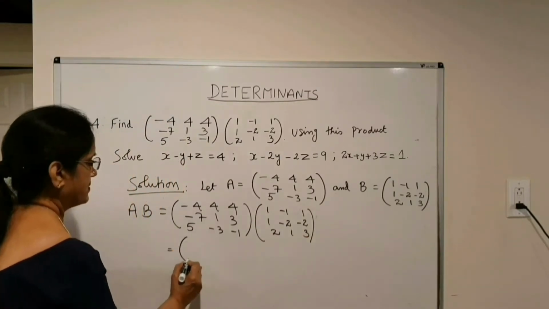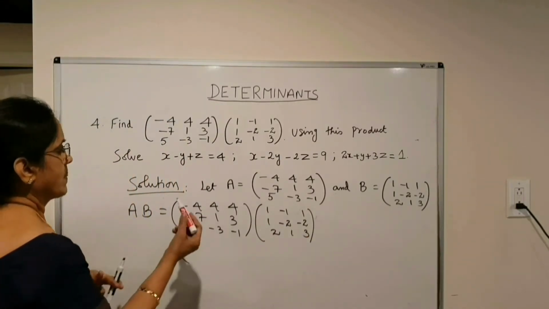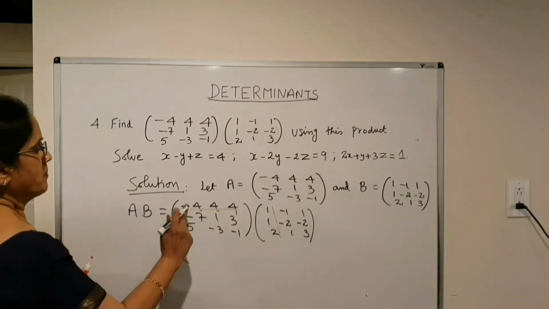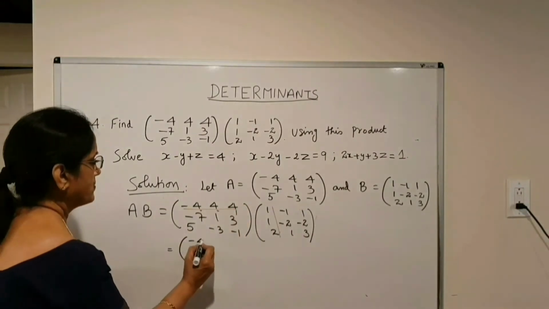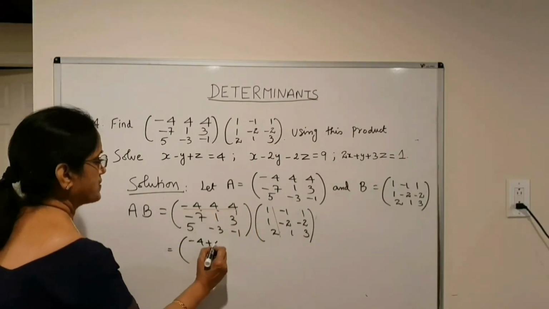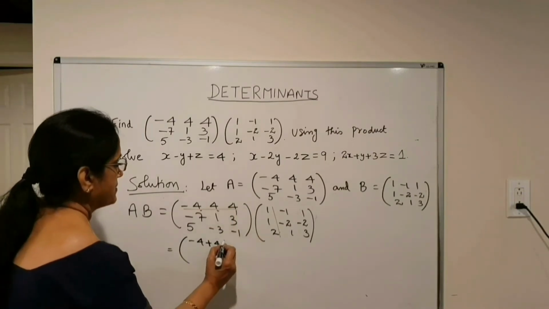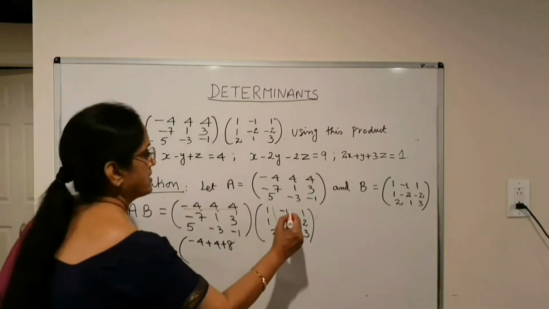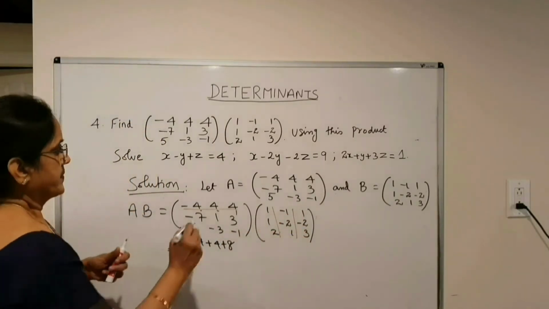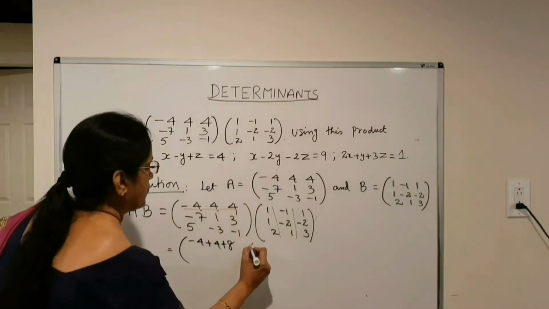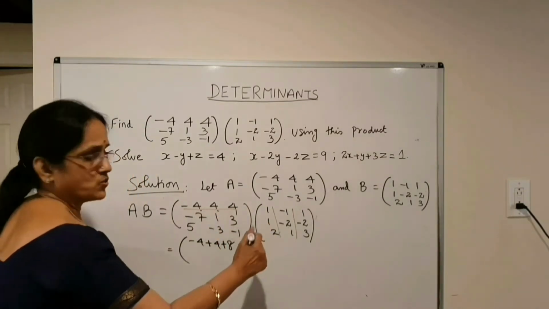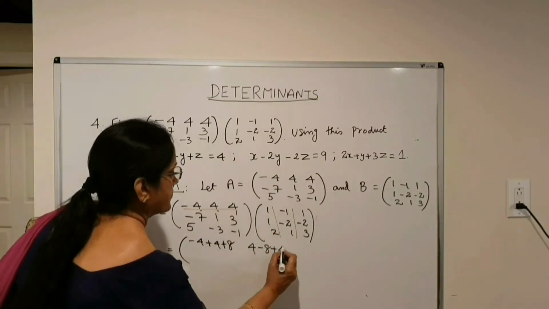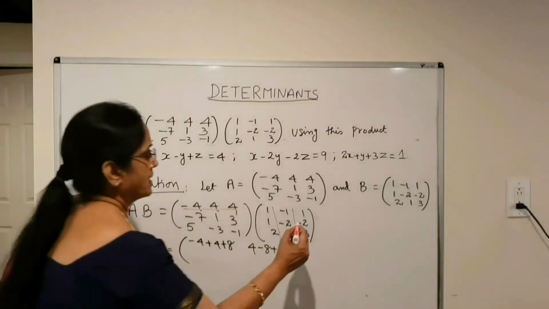This will be, considering first row and first column, I will be getting -4 into 1, -4, 4 into -2, -8, 4 into 2, plus 8. Then, first row and second column: -4 into -1, 4, 4 into -2, -8, 4 into 1, plus 4. Now, first row and third column,